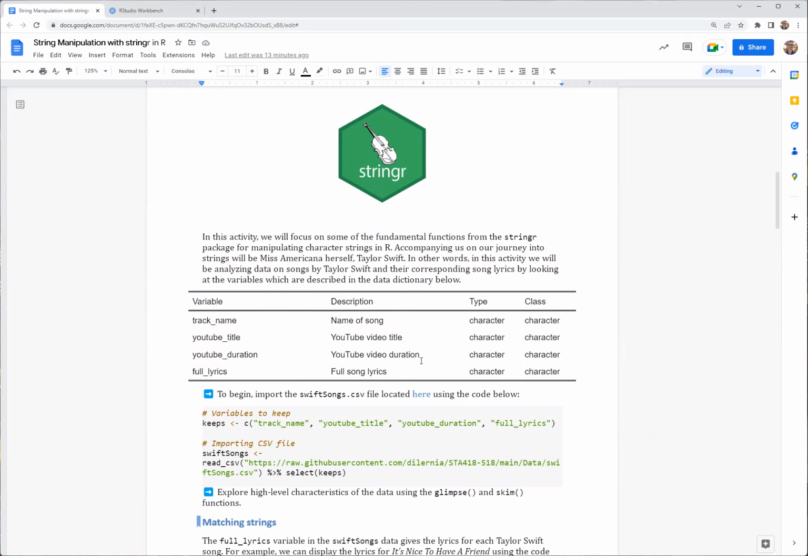So each observation in this data set is going to be a song. We have the name of the song, and then information about corresponding YouTube videos for each song here. So the title of the YouTube video, and then the YouTube API, the YouTube application programming interface where this data was obtained from, gives the duration of the YouTube video in a character string. It's not a nice date time format. So we'll look at how we can handle that, which is a common issue when you get data,